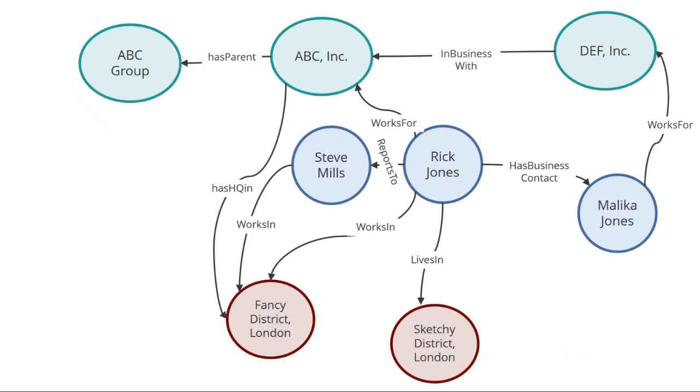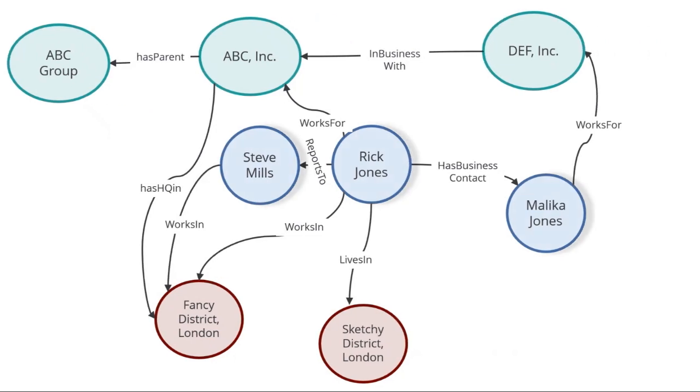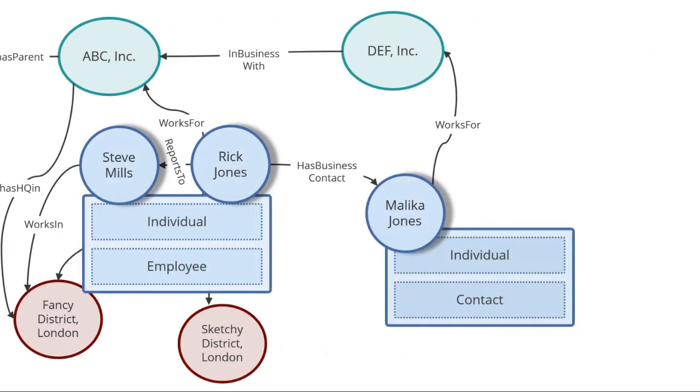And you notice here, we have Steve, Rick, and Malika, both being a person. However, if you dive a bit deeper into each one of those, you're going to see that, for example, Steve and Rick have only vocabularies which are relevant to the individual. Of course, everyone has it, and employee. And the second, Malika, unfortunately, is not an employee of ABC International Company, for which we are doing this master data management